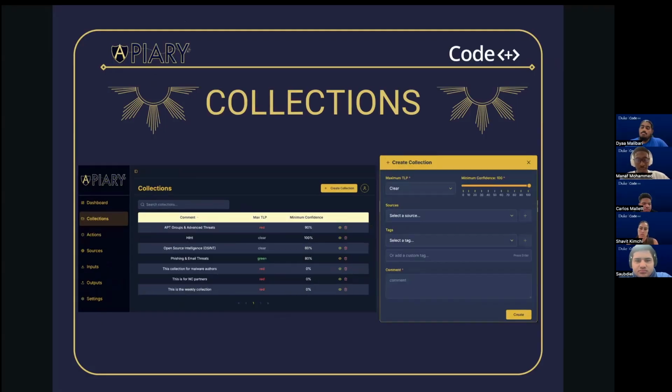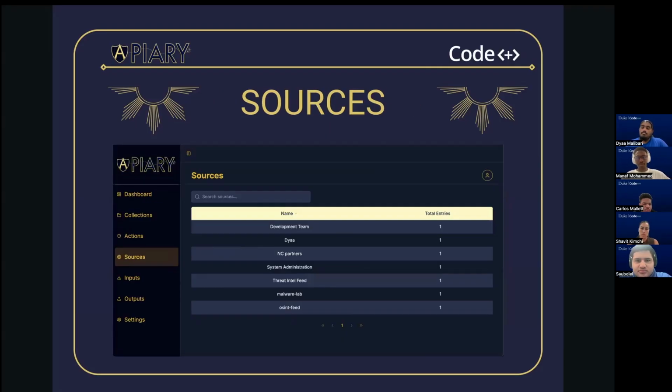The collections page. Collections are dynamic filtering rules that automatically organize security actions based on criteria like TLP, confidence, sources, and tag. Think of them as smart folders that categorize your threat intelligence. Sources. Sources displays all intelligence providers that have submitted actions to the system along with the total number of entries that